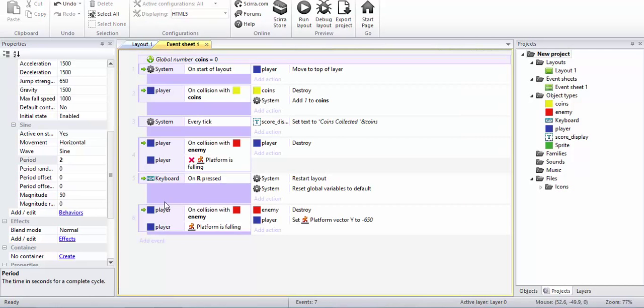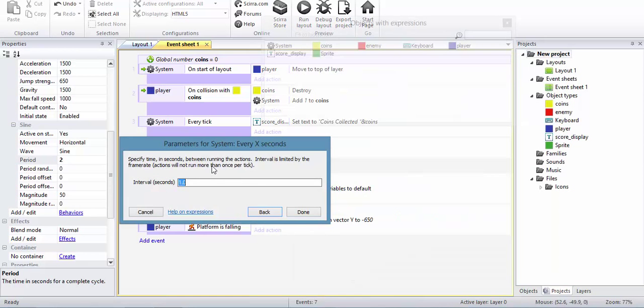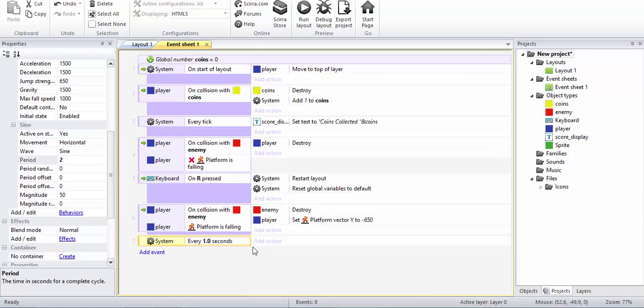Alright, so let's now make the enemy jump up randomly. It will make the game a bit more challenging. So add one event from System, every x seconds. So this is going to happen every x amount of seconds, and as an interval, I can actually give a constant value like 1. So every 1 second it will be jumping up. Oh sorry, I did not put the jump event actually. Alright, so every 1 second,